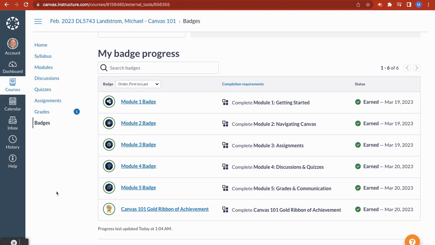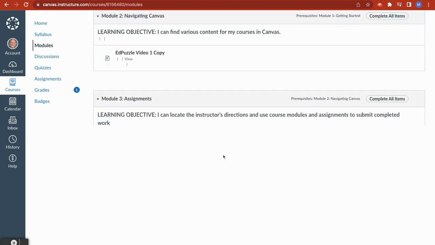So the way that the badges are set up are meant to provide checkpoint assessments along the way, because this is a training course that's focused on developing functional skills. It's not really focused on anything that's knowledge-based as much as it is skill-based. If you're able to use discussions and complete quizzes and turn in assignments and check your grades, then that's really the point of the course, is for you to be able to do it. So the best way to assess whether or not you have done it is to actually have you do it